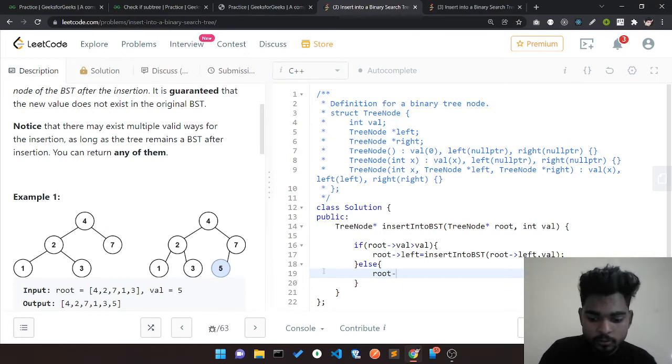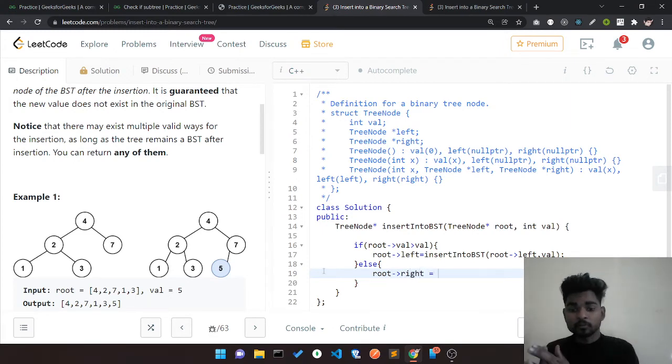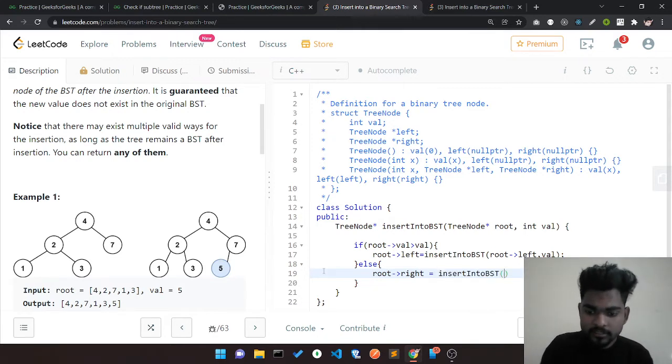So I'll build that and call it on root right with val.